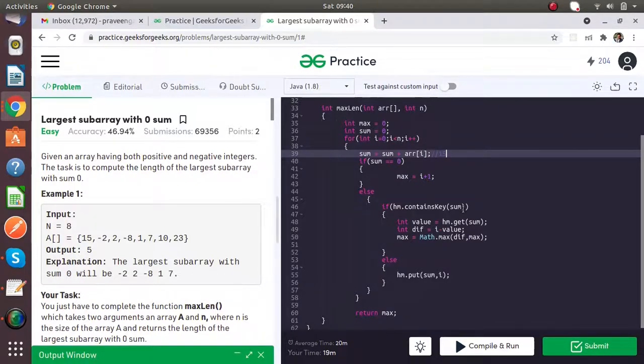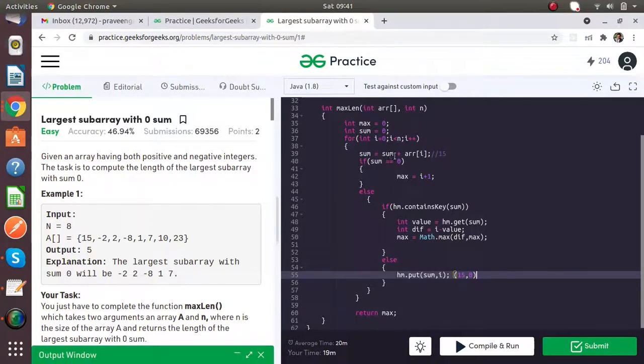Initially the hash map is empty, so it will not contain anything. So we put the key, sum, and its index. So the hash map now contains 15 and 0.